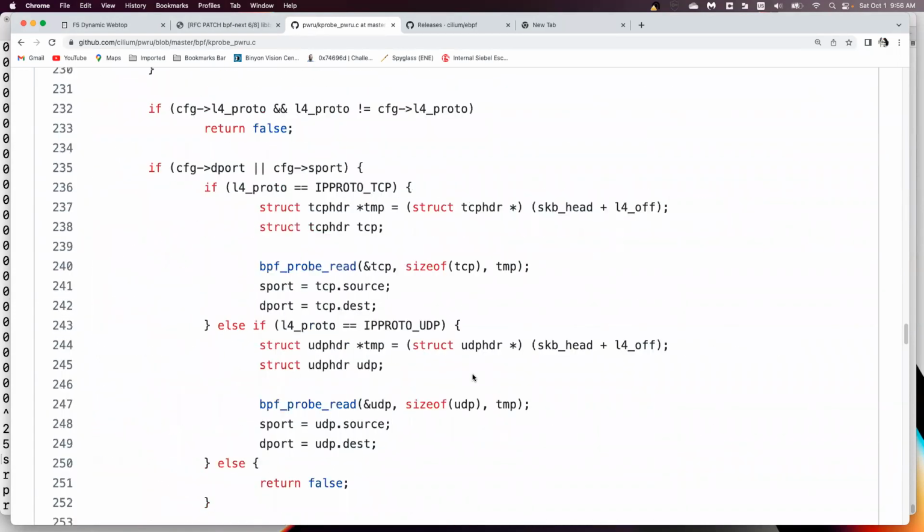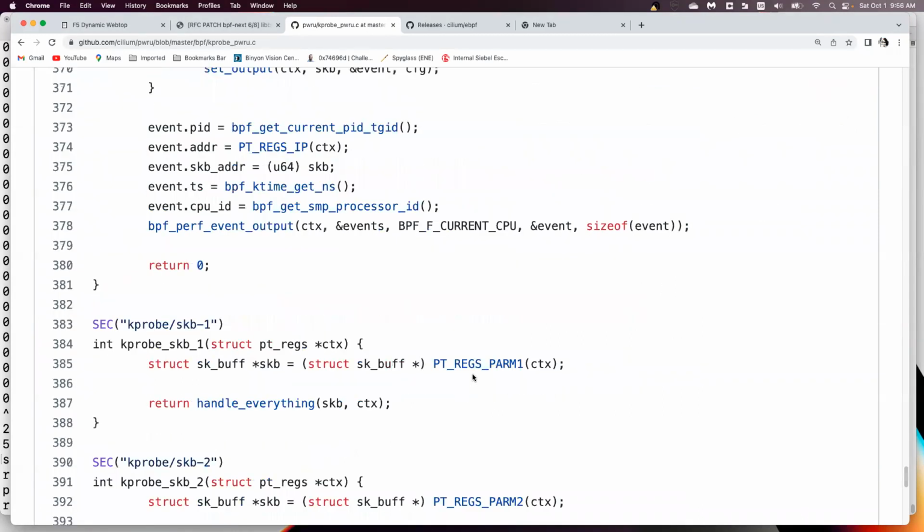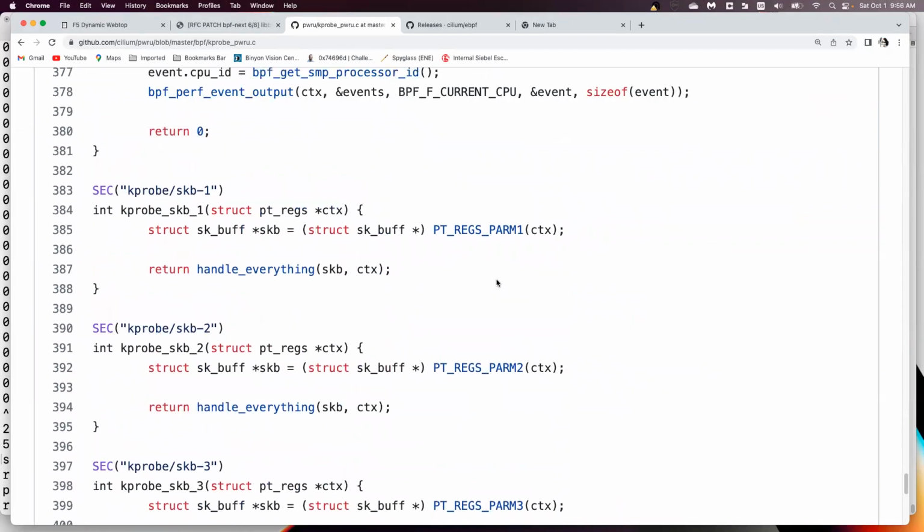So here is the BPF hook point kprobe. You can see here it uses the kprobe hook point, and here is the BPF program